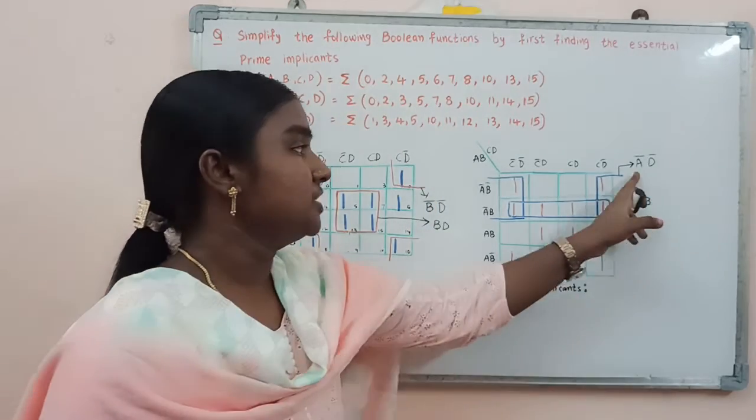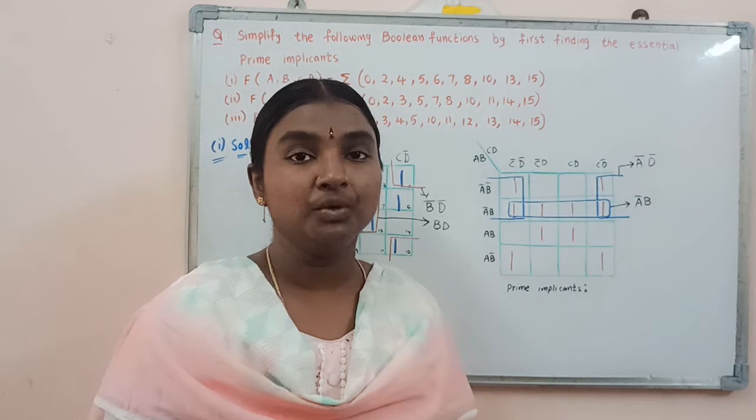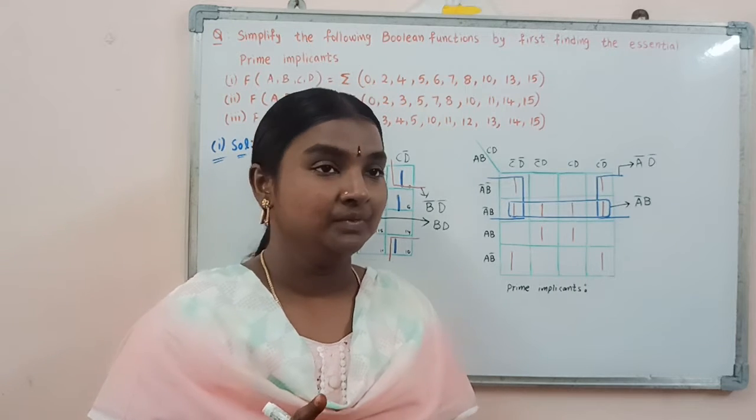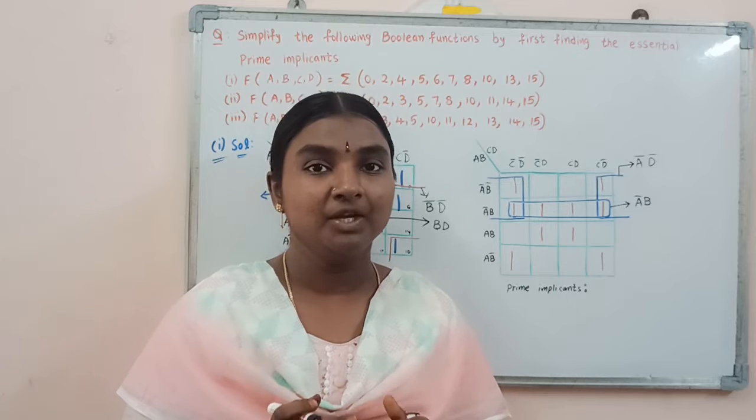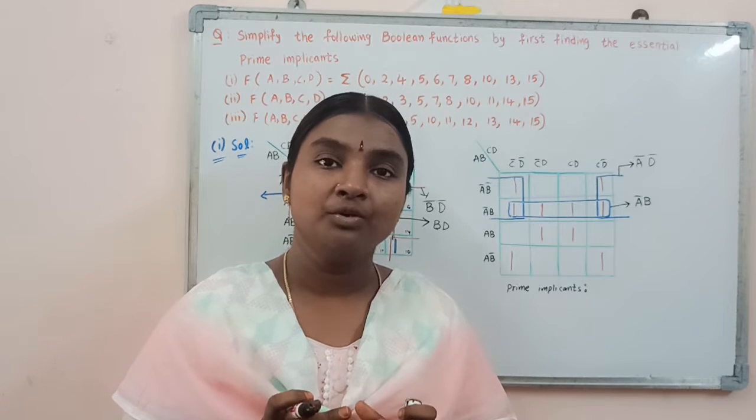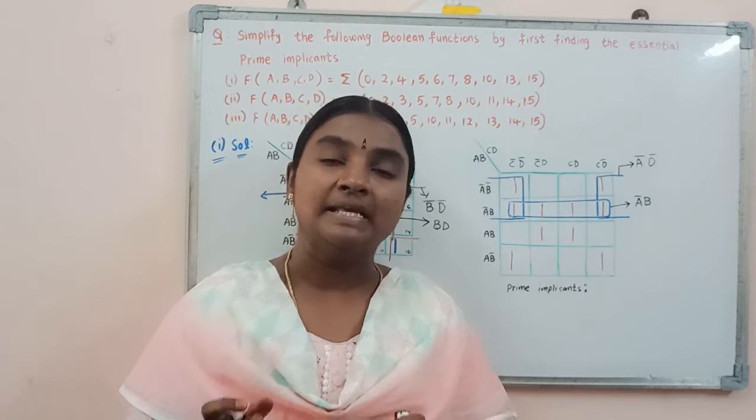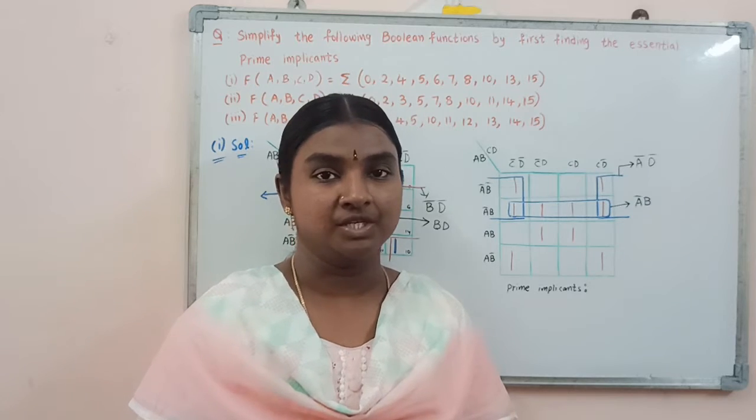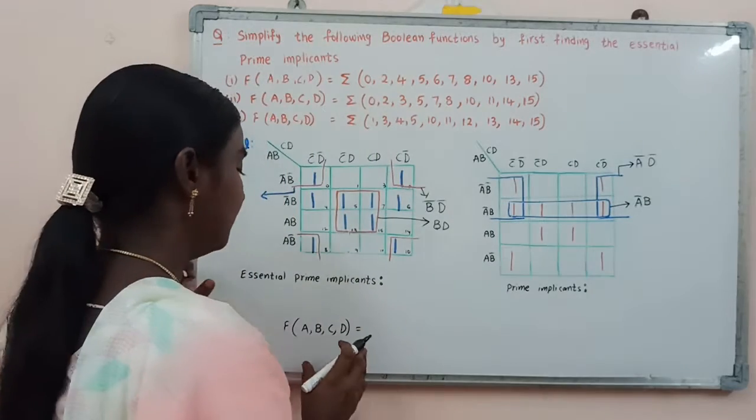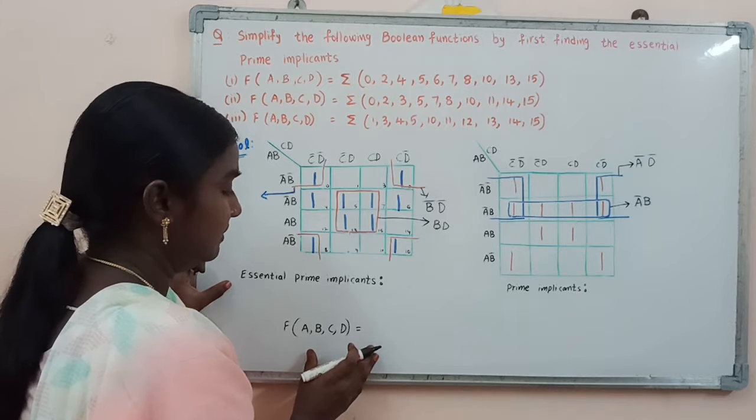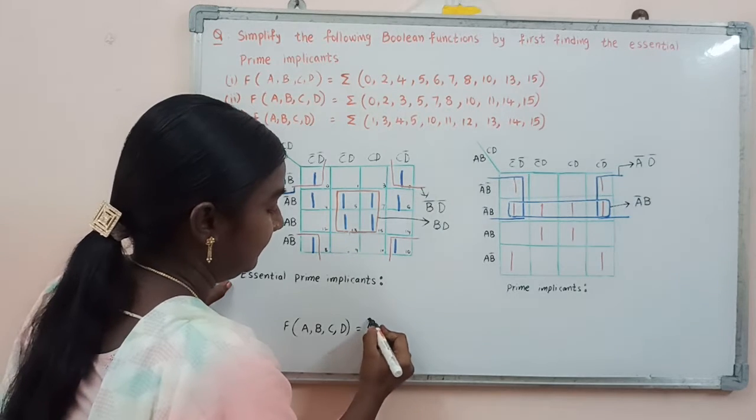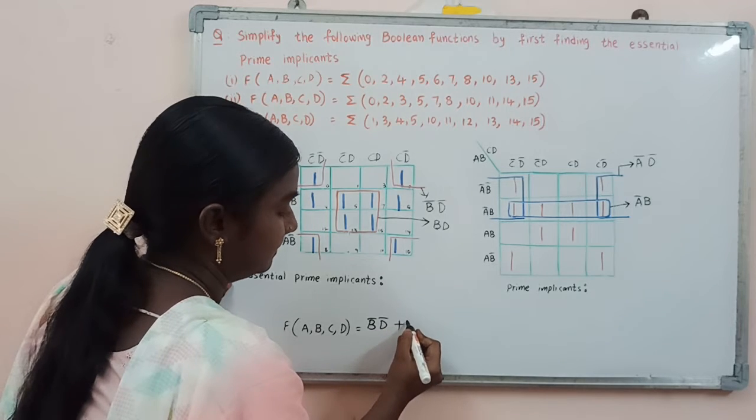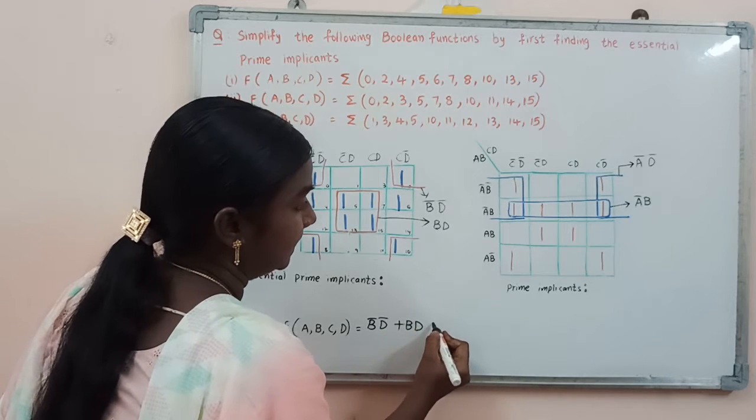Now, in these two prime implicants, we need to consider only one, because we need to reduce the redundant product terms. The Karnaugh map's main goal is to find a simplified Boolean expression. So the simplified Boolean expression for this function will be equal to B bar plus BD